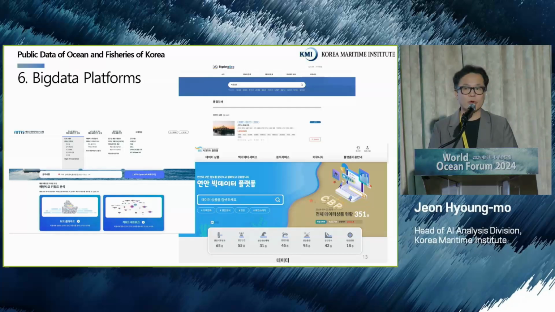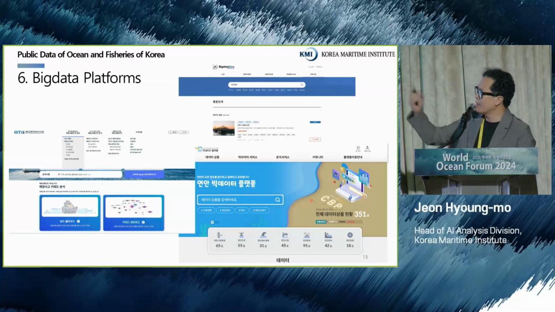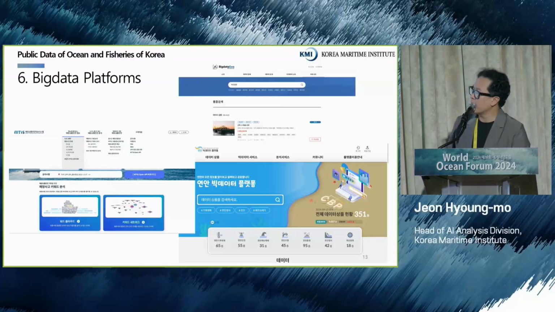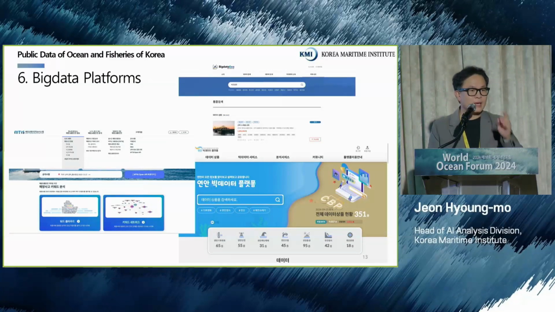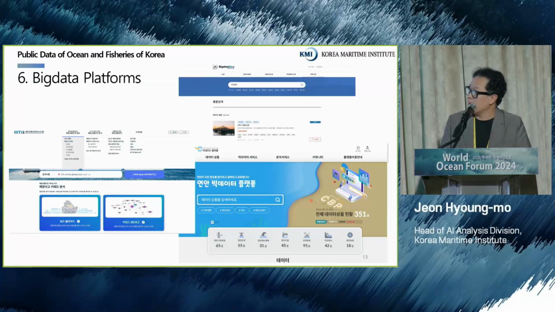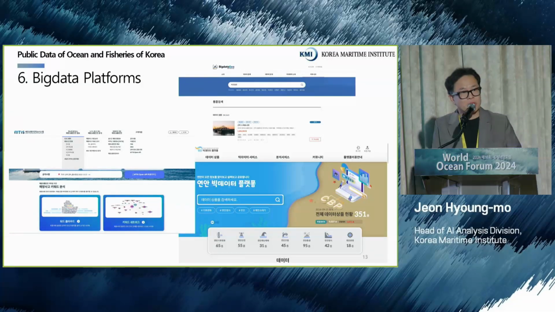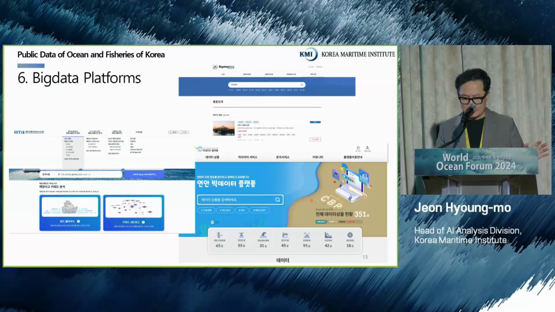If we integrate the coastal side and the MTIS information and big data together, then you can get a full view of the ocean of Korea. The MTIS, which is on the left side, shows transport safety issues, vessel operation incidents, and so on.